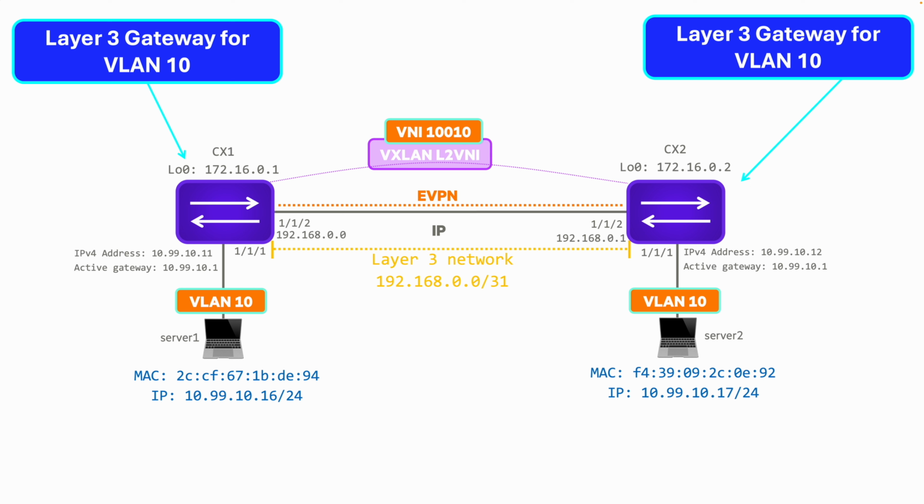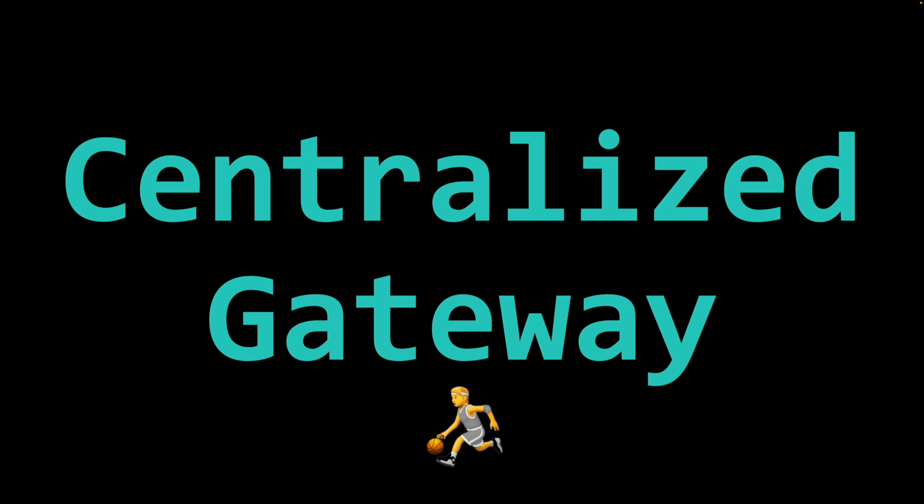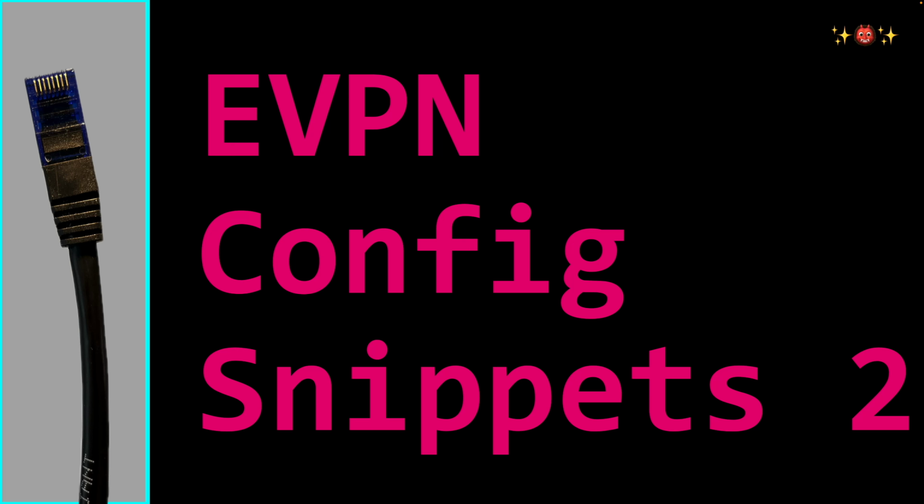Now that is a popular design, but there's another design which I've seen which is equally popular. I've seen quite a bit in the real world, and that is to use a centralized layer 3 gateway. So what do I mean by that? Well, here's a quick diagram of that. What we have here is our server. It's in the same subnet there,